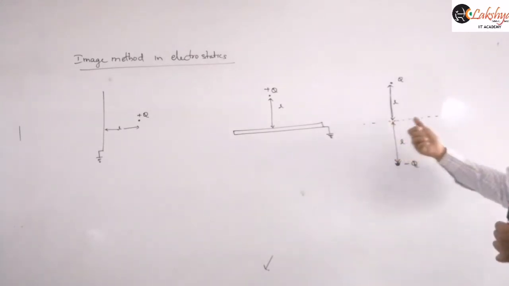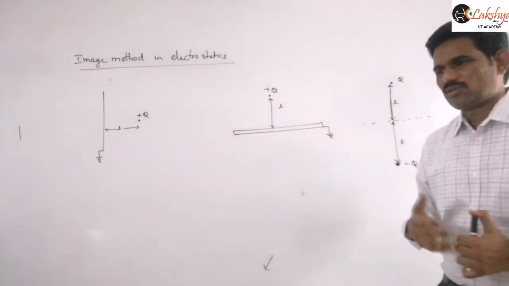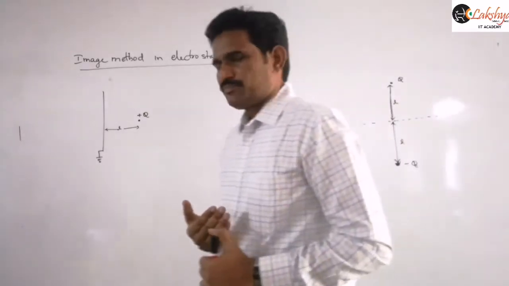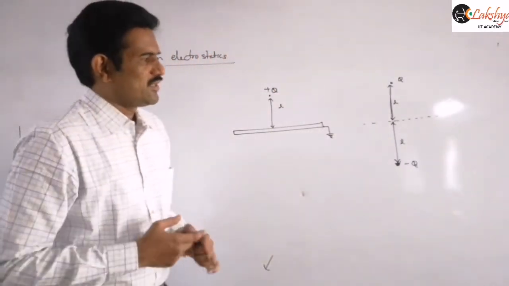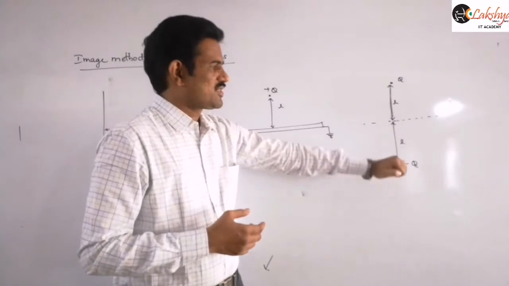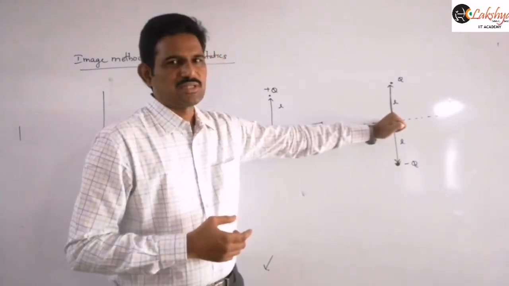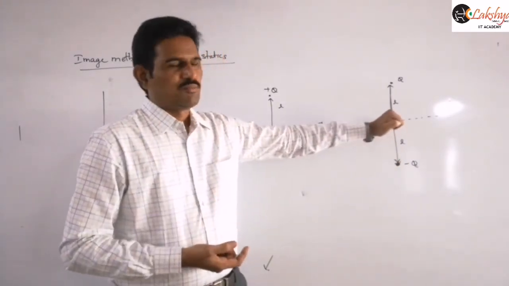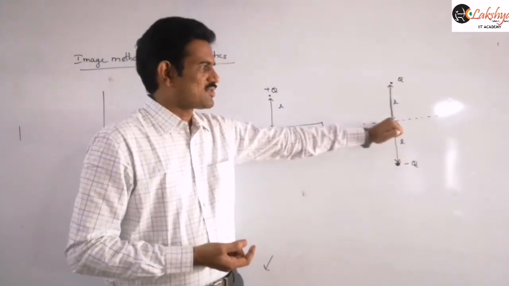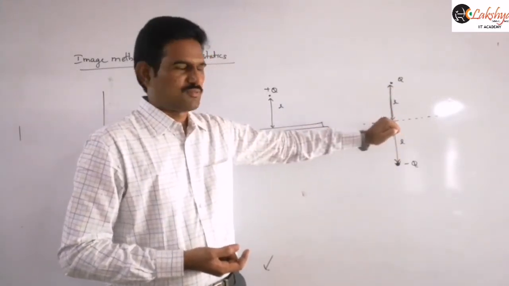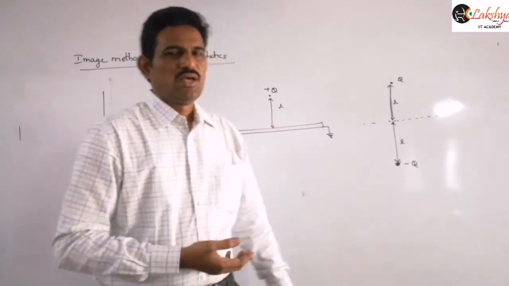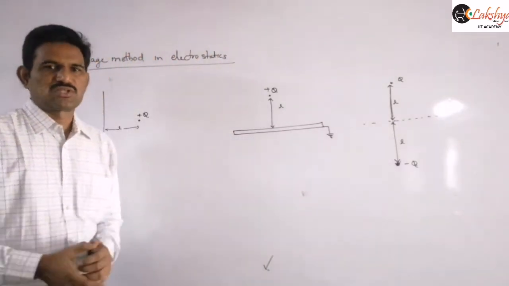And so now this dotted line will be an equipotential surface. That you know already, if you just draw the field lines, you will get an idea. Or if these two are opposite charges here, the potential at this point is nothing but 0, right? Because potential due to positive charge and negative charge will be cancelled at this point here. That means at any point on this conducting plane.